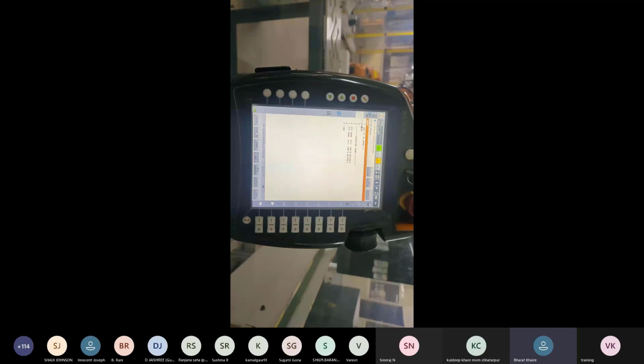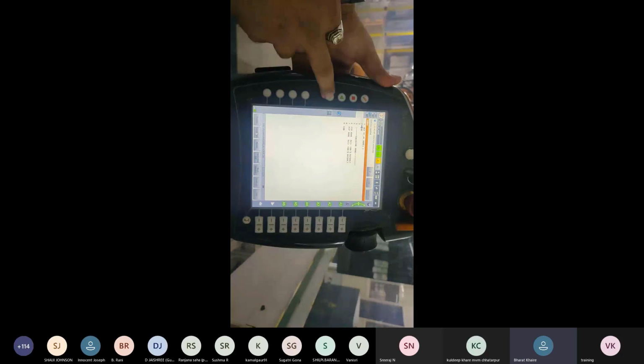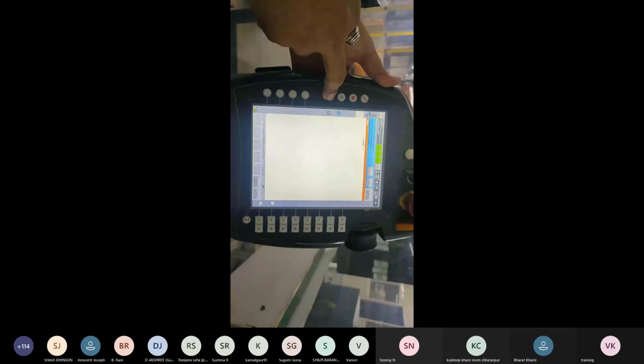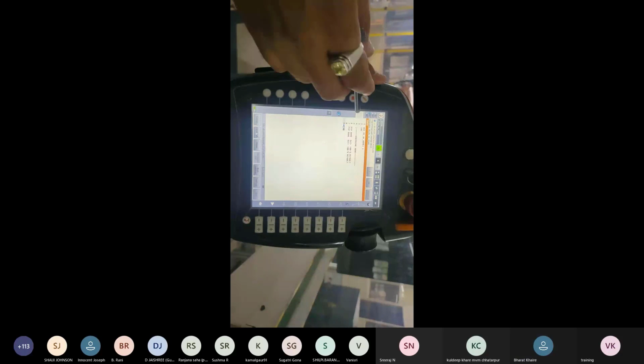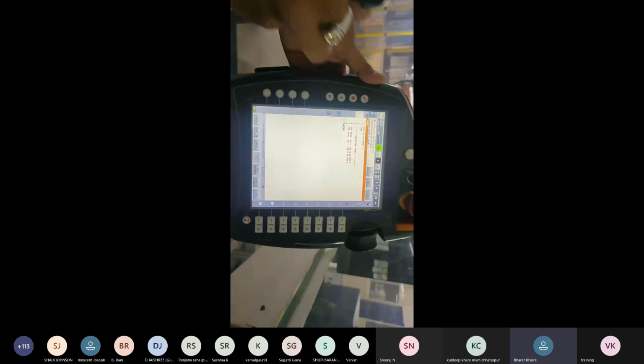We can define the safest position and give the PTP home program. So every time we play this program, the robot will go to the safest position which we gave in the home position program.